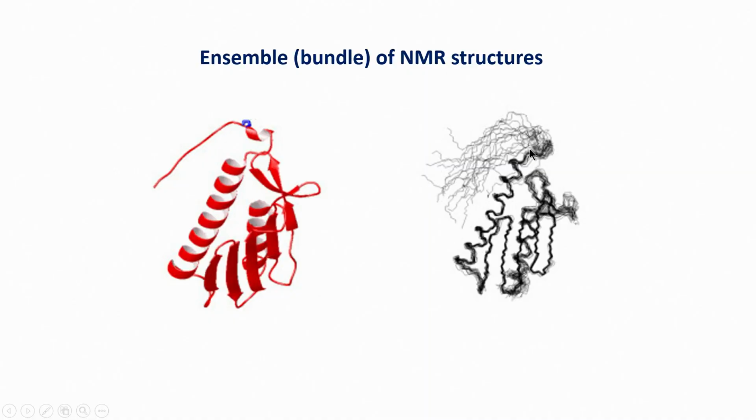In the last class we looked at how protein structures are determined by NMR, and we also saw that we do not show one particular structure as a representative structure in NMR. We show what is known as a bundle or ensemble of NMR structures. This is shown here because all the distances and angle constraints that we gave would have been satisfied by all the 20-25 structures shown here.